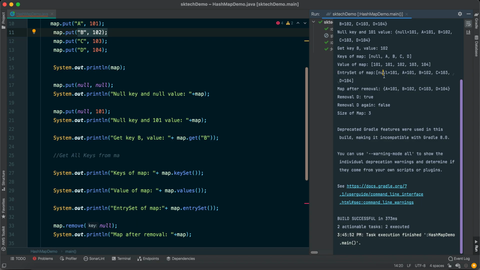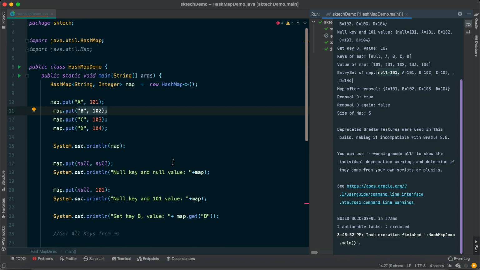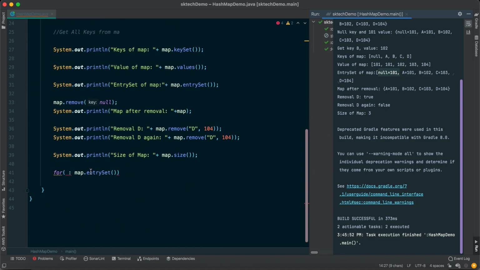Entry set means it was returning a list of elements in square brackets, and each element contains an entry, meaning it contains a key and value. Similar to that, we need to use the entry set method here. This method is going to return all the entries, and each one is going to be an entry type, right?